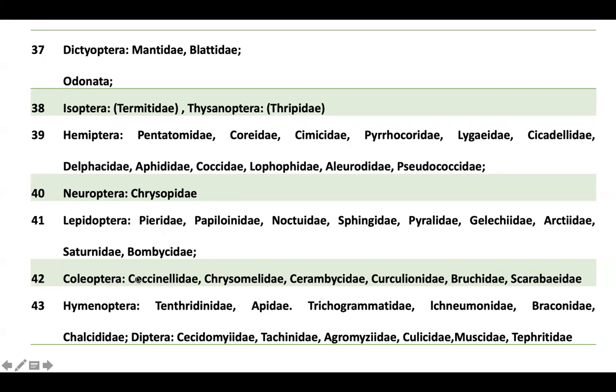And then Coleoptera, there are different families like Coccinellidae, Chrysomelidae, all these families you will be studying. Then the other order Hymenoptera you will be studying, and these families you will be studying in detail. And then Aphididae you will be studying. So all these families you are going to study in detail come under the different orders. So this syllabus deals with the UG syllabus, that is Fundamentals of Entomology, the first year course taught